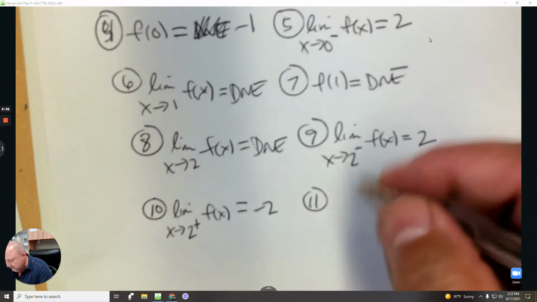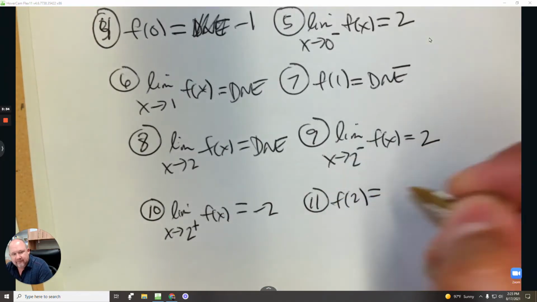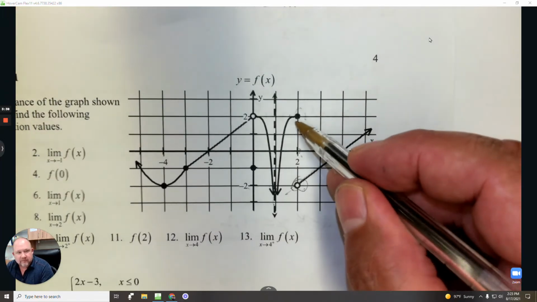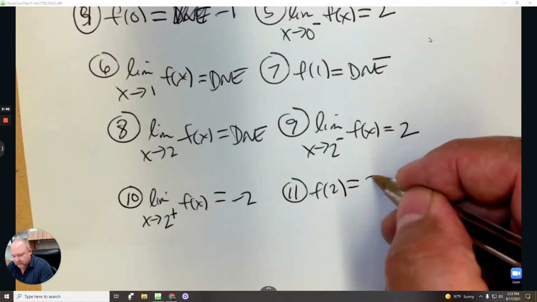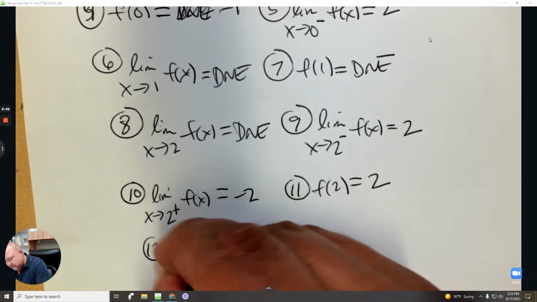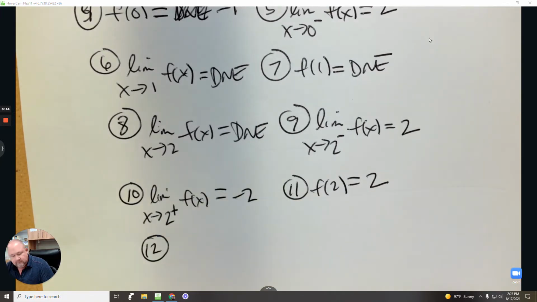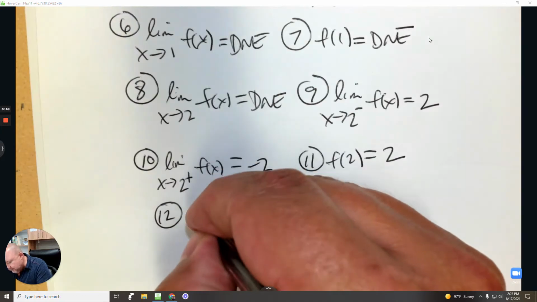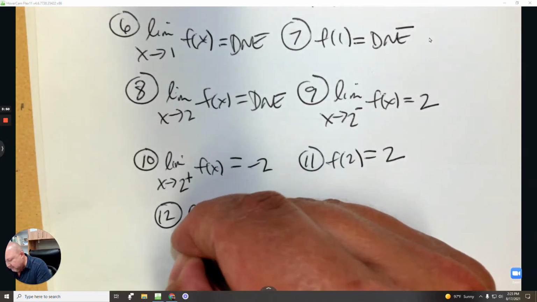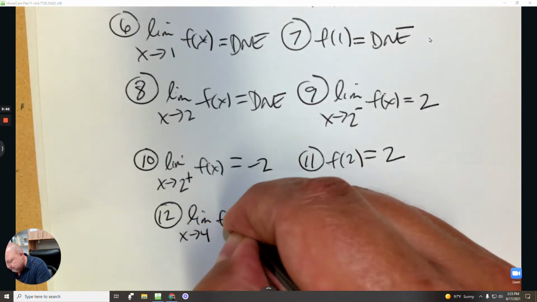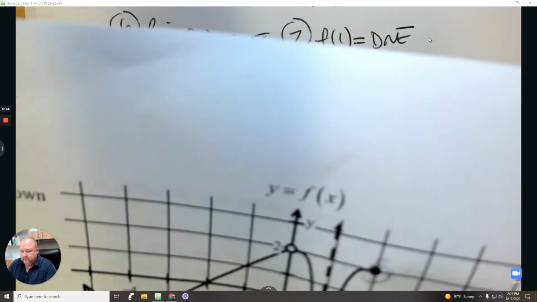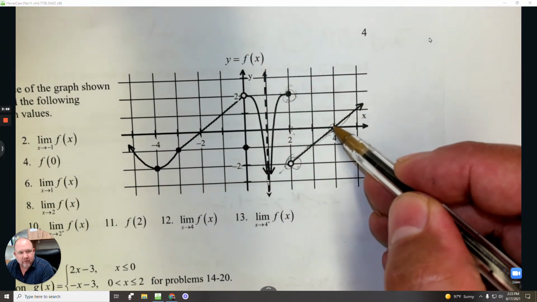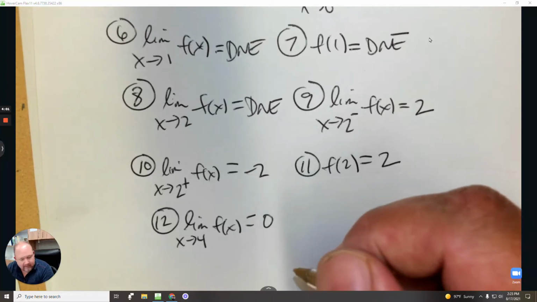Number 11, f at 2. So the function value at 2, the y value here, which is 2. Number 12, what's the value of the limit as x approaches 4? So from the right and left, what's the y value here? It's 0. Number 13,